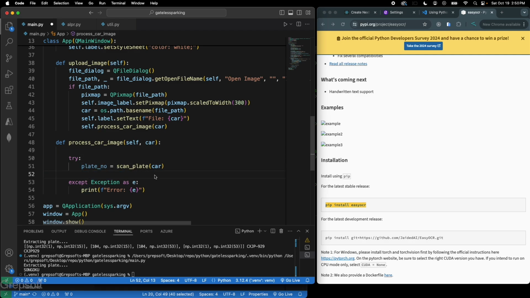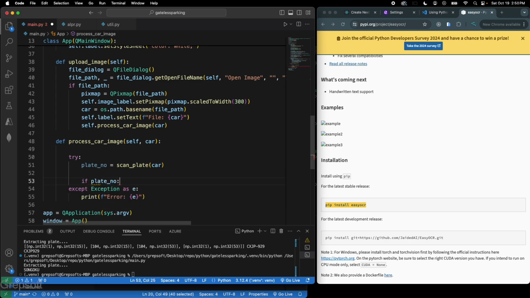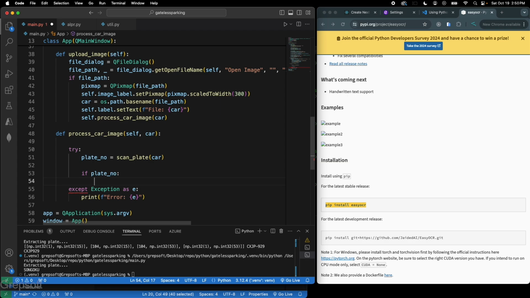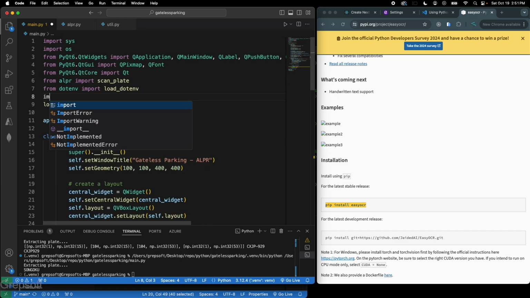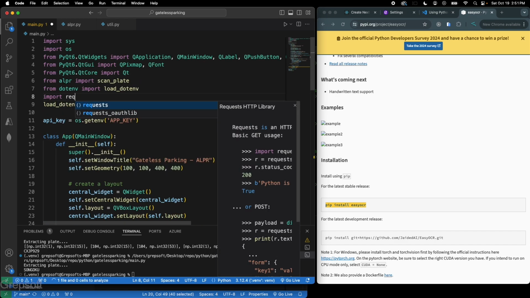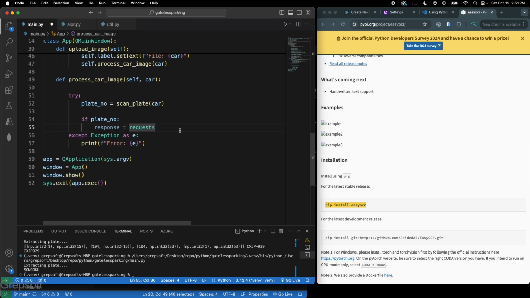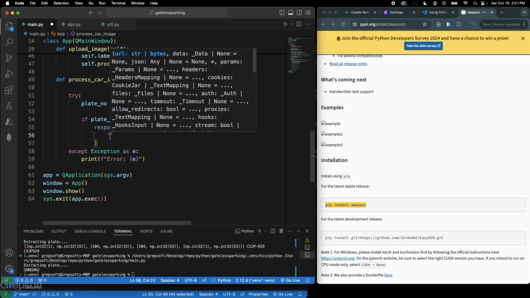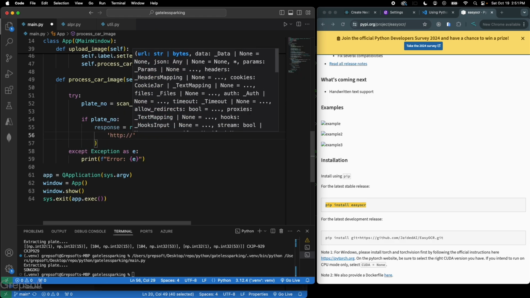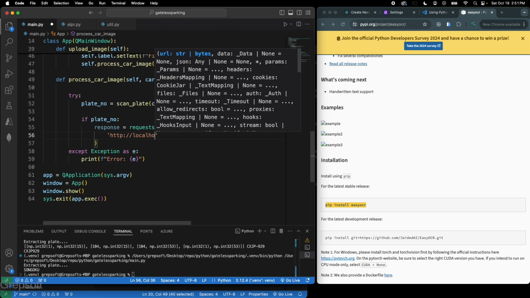So I'm gonna get rid of this, and what we will do is, if plate number. Then we can say response is equal to requests. We need to import requests to make HTTP calls. We're going to do requests.post, and then HTTP, this will be our API endpoint, localhost,